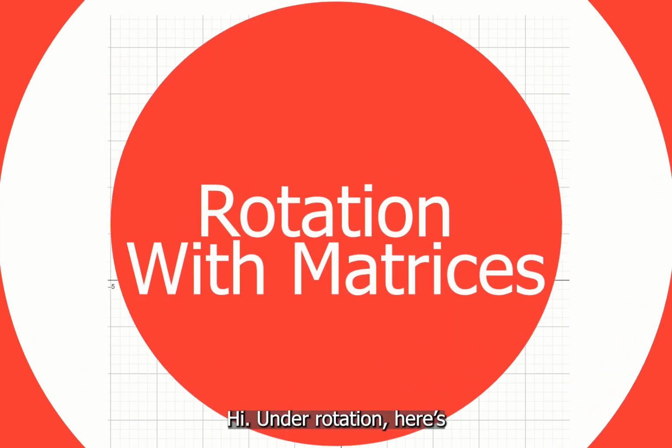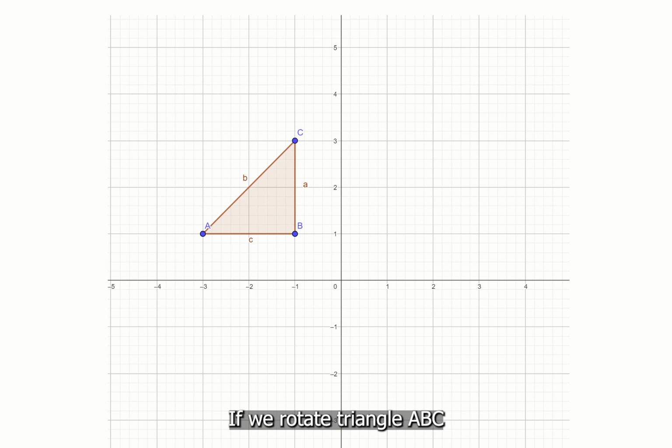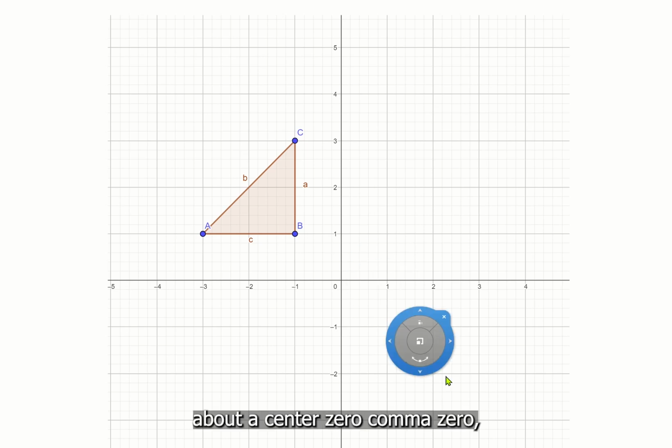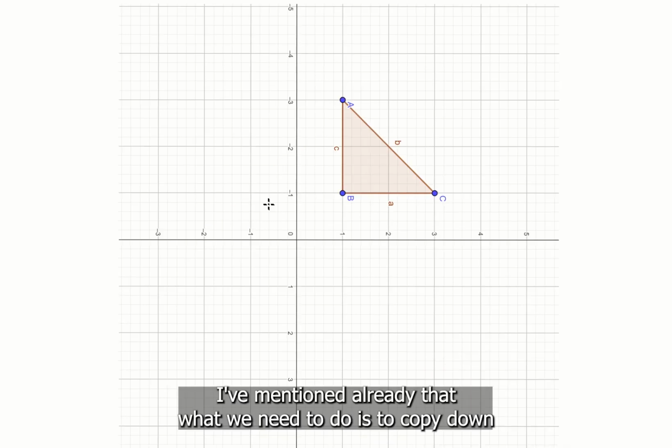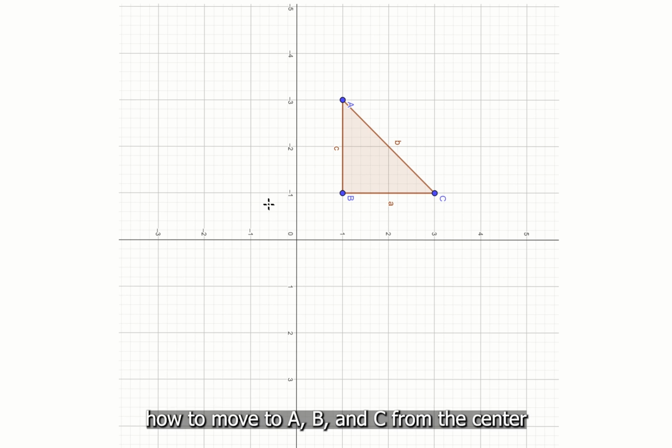Hi, under rotation, here's a recap of what we've done so far. If we rotate triangle ABC about the center 0, 0, clockwise, here's what we have. I've mentioned already that what we need to do is to copy down how to move to A, B, and